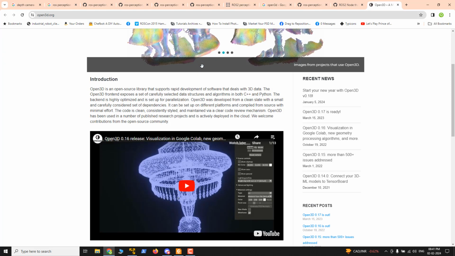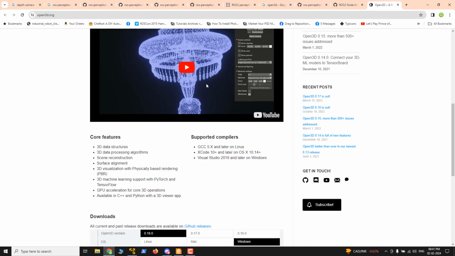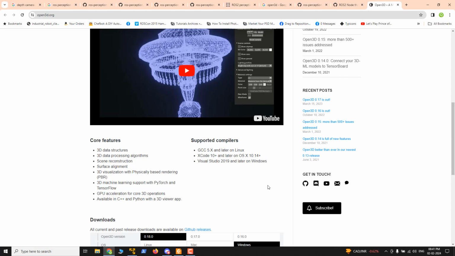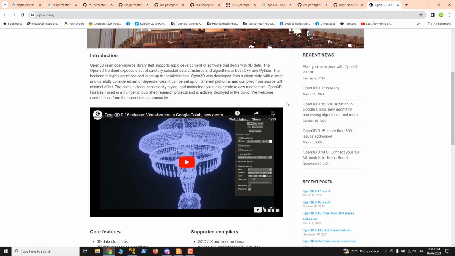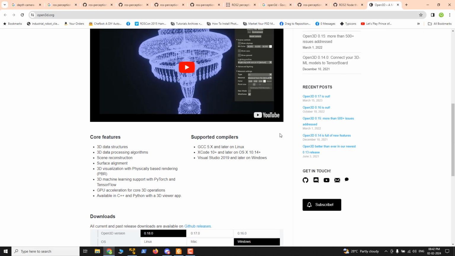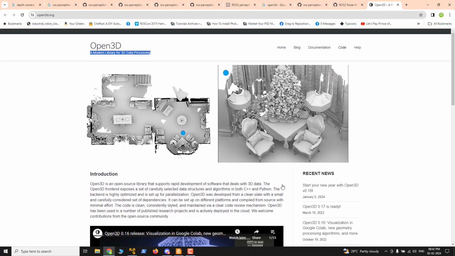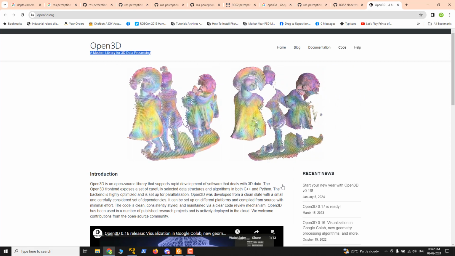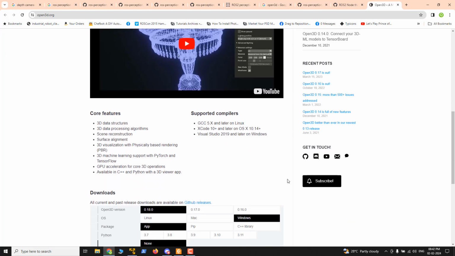I didn't work much on Open3D, only very basic stuff, but from my understanding, if we want to do some high-end stuff with the point cloud, then it is better to use Open3D because it's a modern library and has good optimized